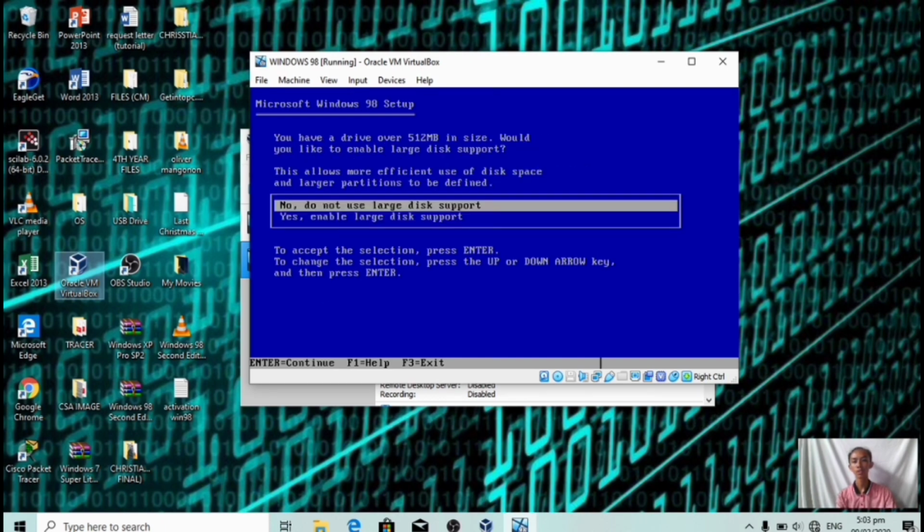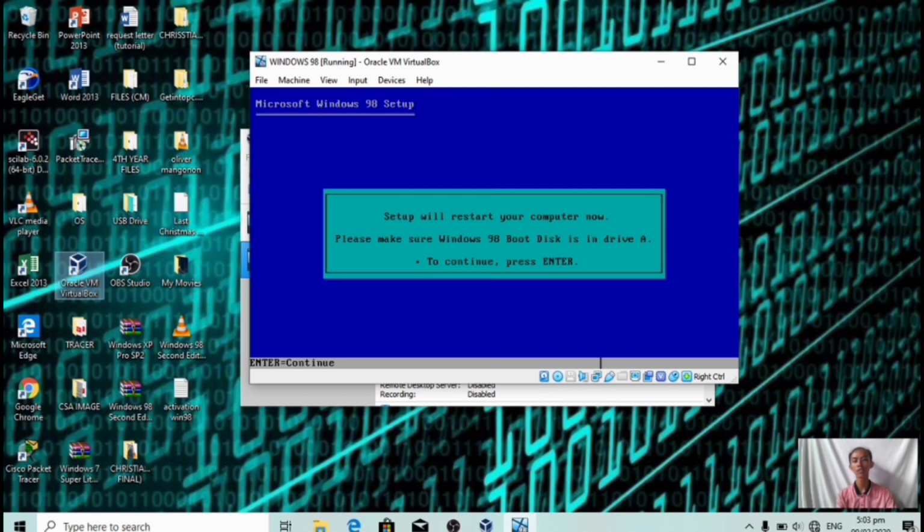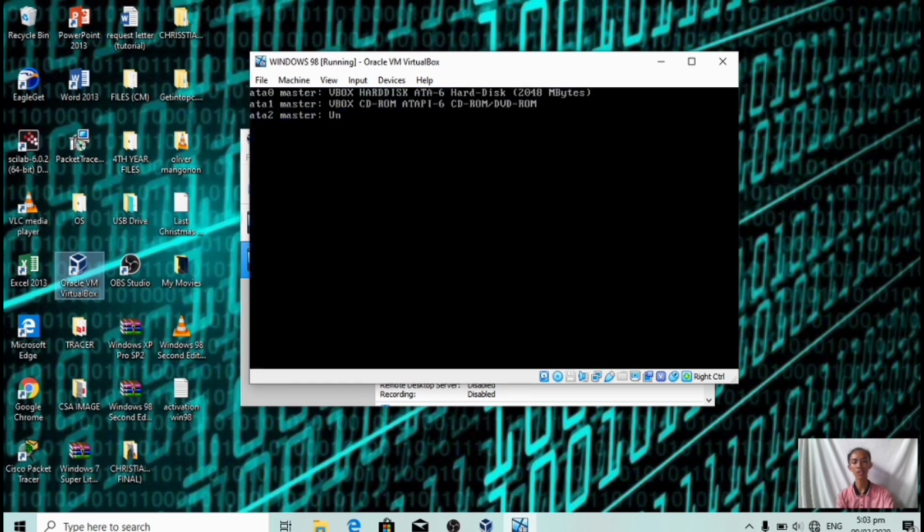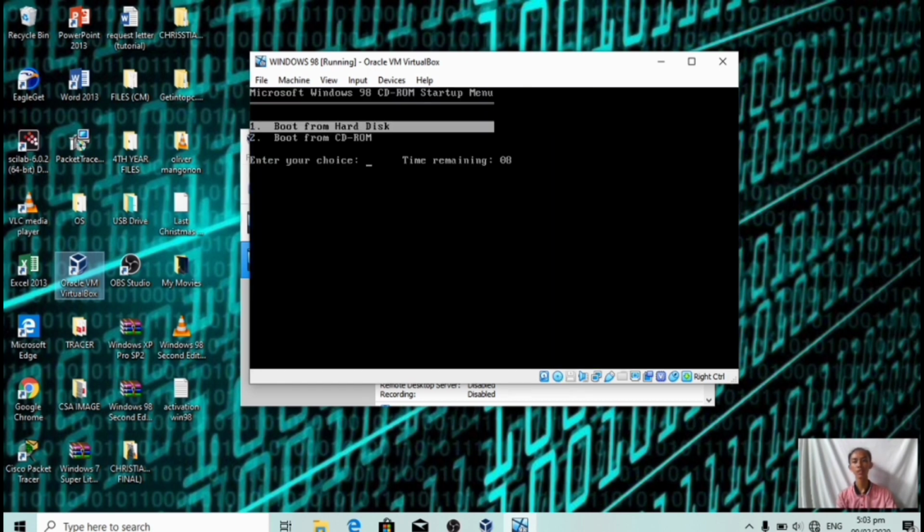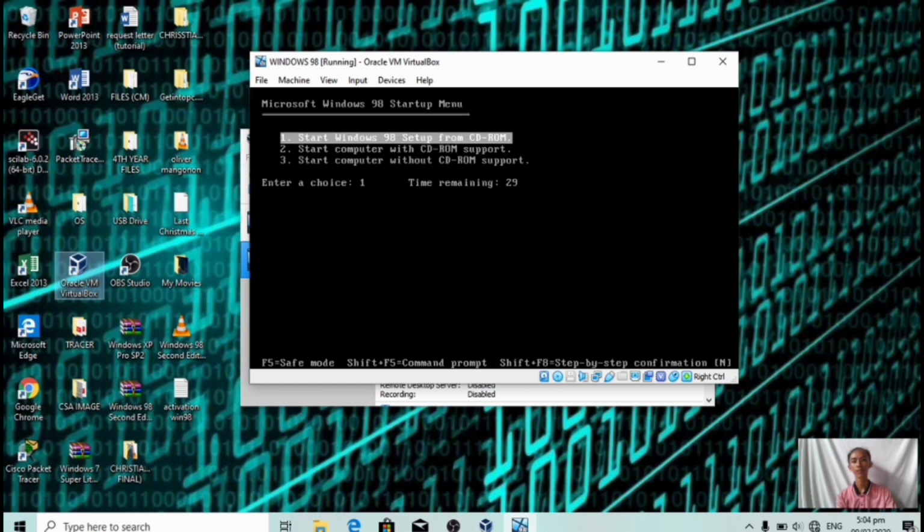And for the option that allows more efficient use of this space and large partitions to be defined, I choose no, do not enable large disk support, and click enter to continue. And Windows 98 setup will restart your computer now. So just click enter, and again I choose boot from CD-ROM and click enter. Then click the first option again to start Windows 98 setup from CD-ROM